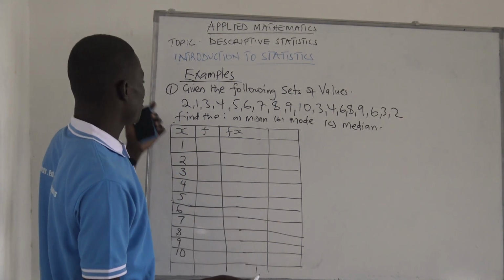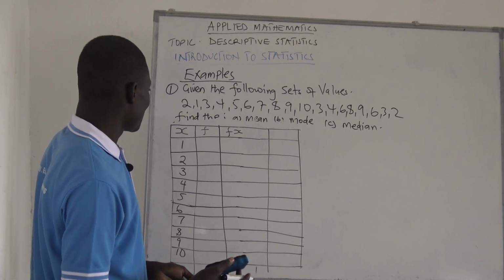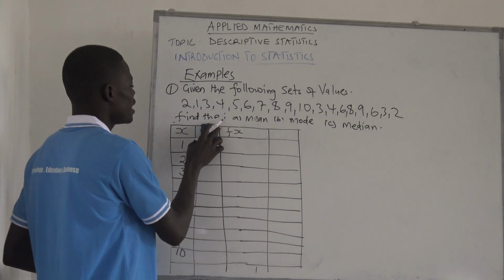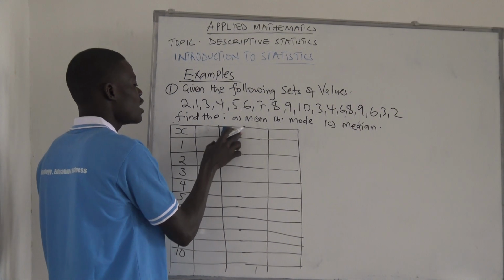So we are going to use the tallies. So how do we get the frequency? We get frequency from